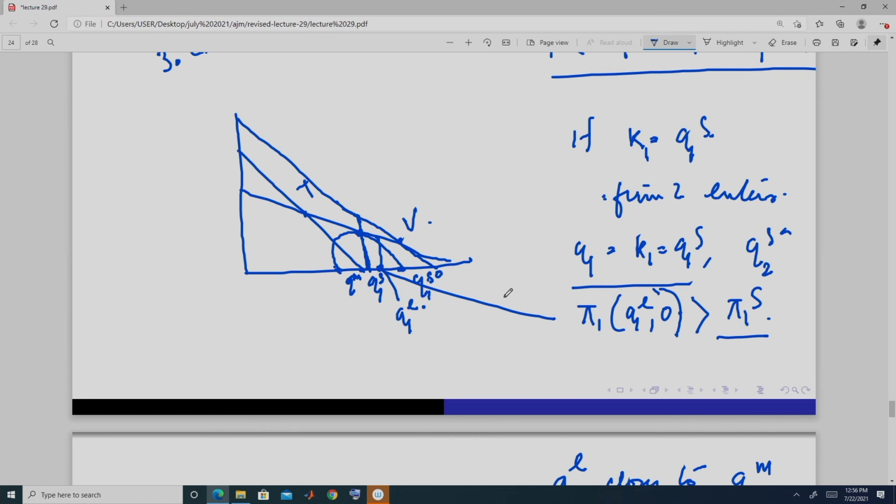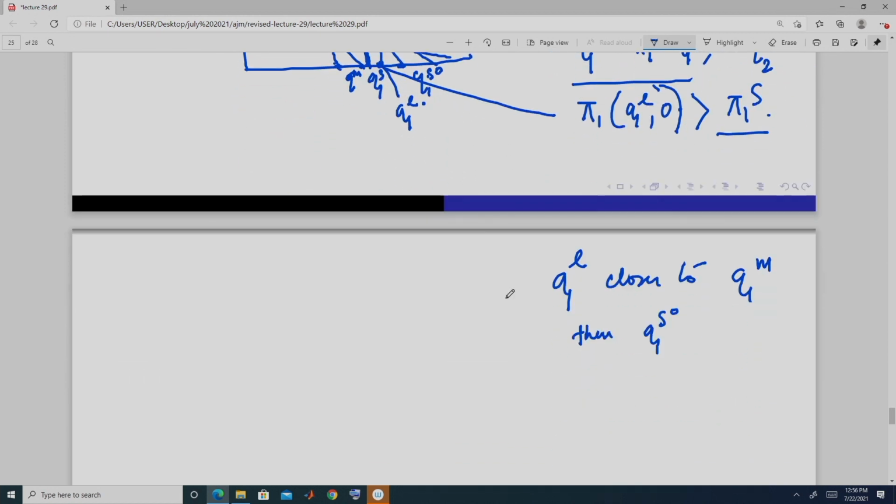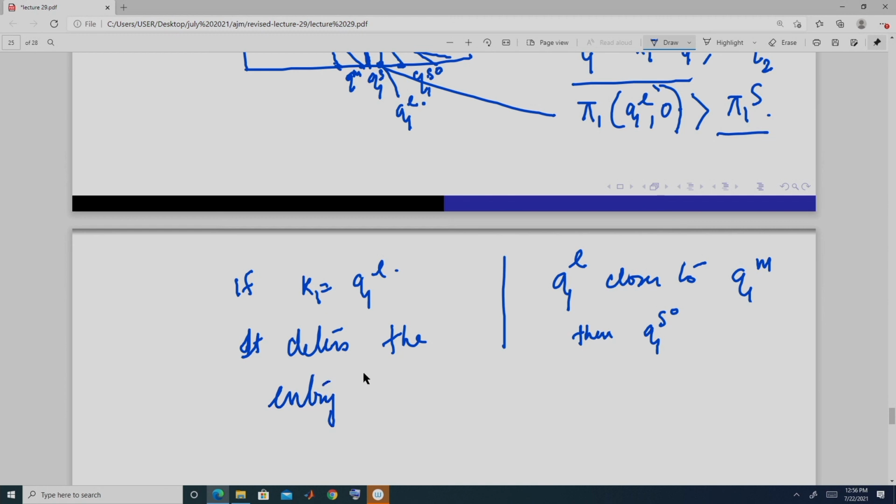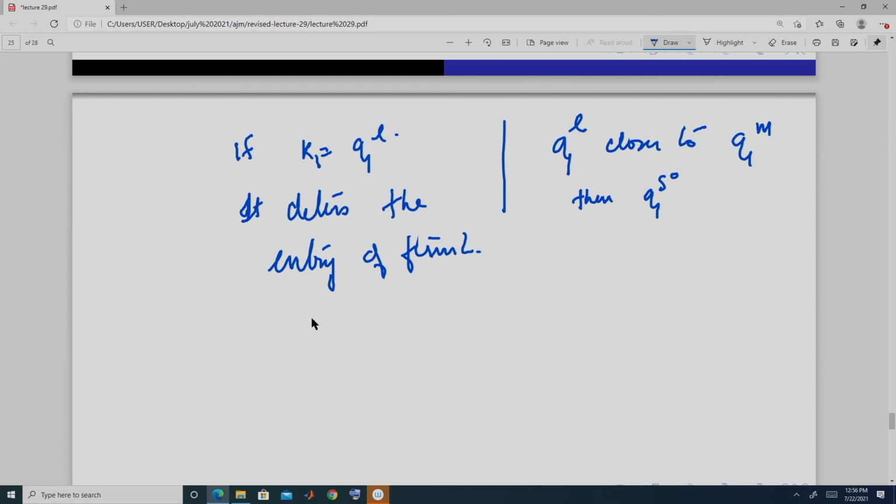So in this situation, if K1 is equal to K1L, then it deters the entry of farm 2, and the output is, in this situation we will get the reaction function. Suppose this is of farm 2,